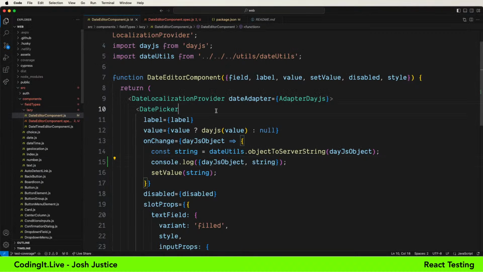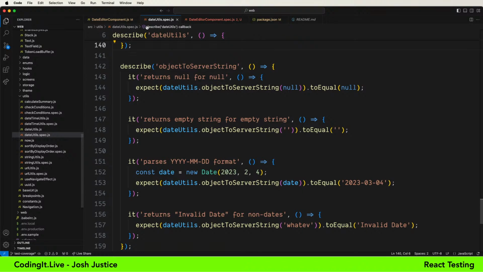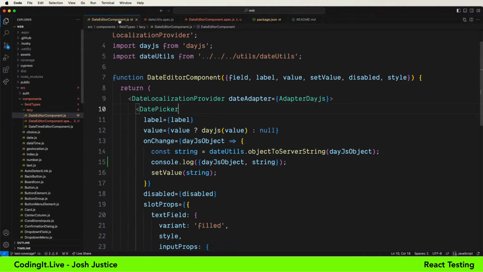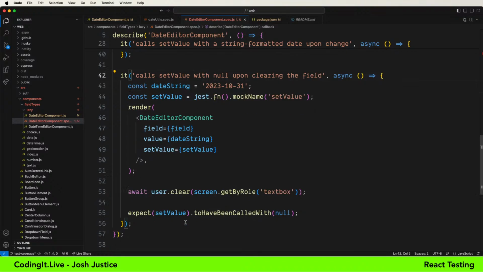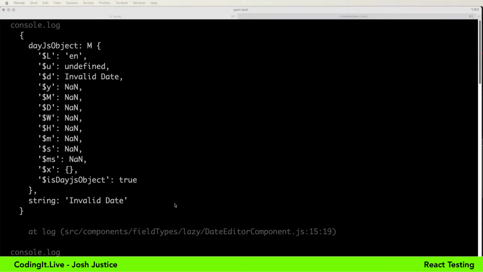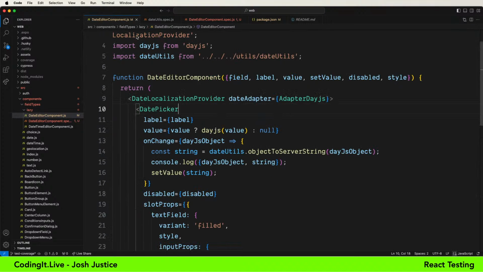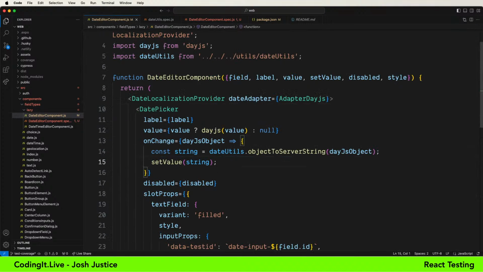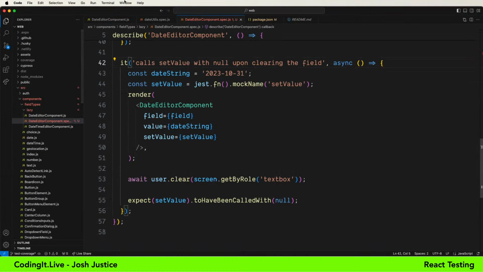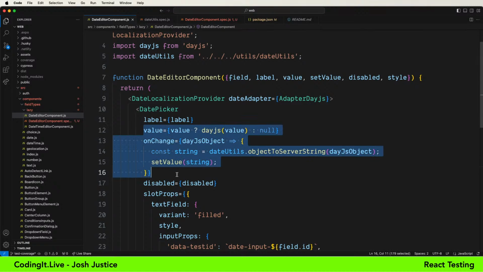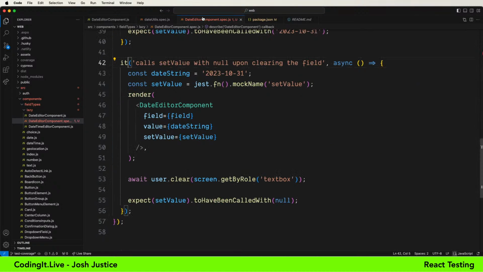And in fact, I think I could check the date utils unit test to see that it returns null for null. Cool, I guess I set that up that way to handle this case, so that's nice. But it's nice in the date editor component to confirm that that's wired up correctly. So that feels like an appropriate test to add. Save, and let's see if the whole thing is running. Oh, we got our console log still, so that can probably go away. Cool, they all pass. All right, so we have pretty thorough coverage, I think, of these two functionality-based props here.